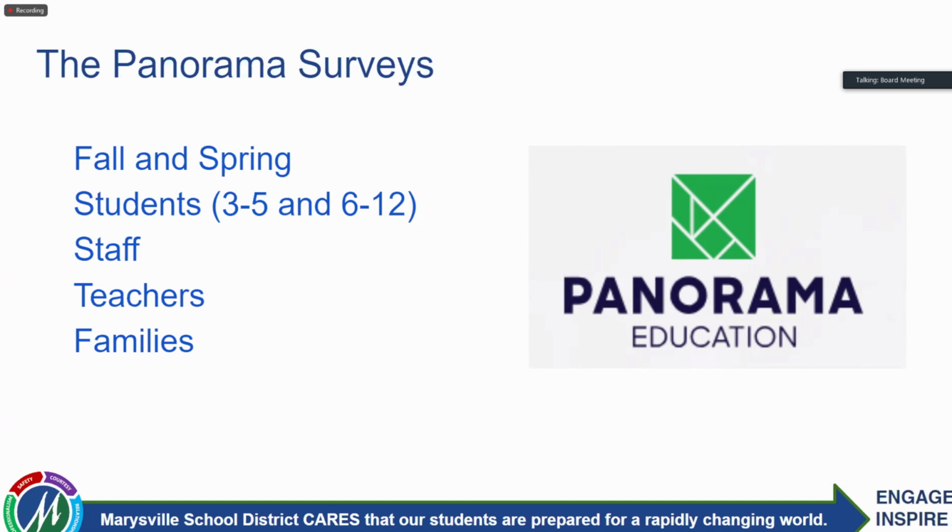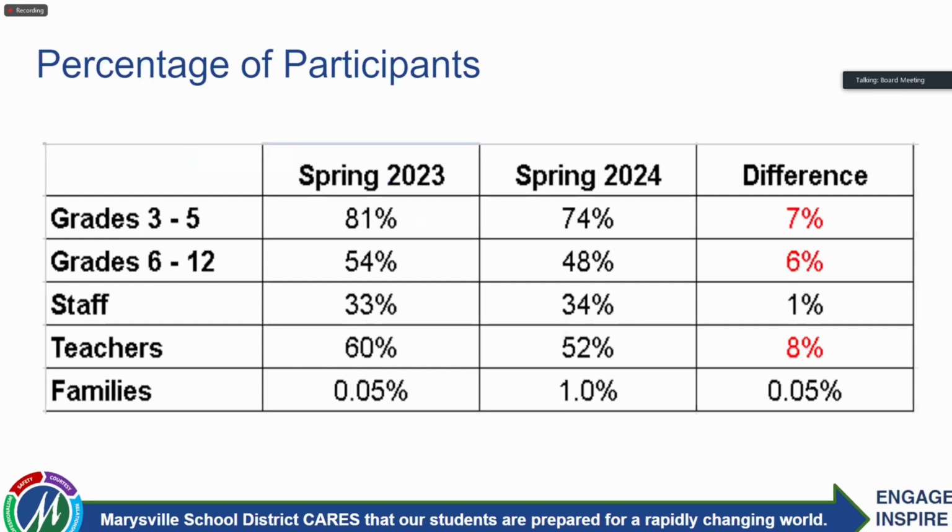We're going to talk about students from grades 3 through 5 who took the survey, students 6 through 12, staff, teachers, and family results. So on this slide, it shows the percentage of the participants. On the left-hand side, we have the spring of 2023, and then in the middle, we have the spring of 2024, and then the difference. The percentages that are in red are the percentages that are less, that we've gone down in 2024